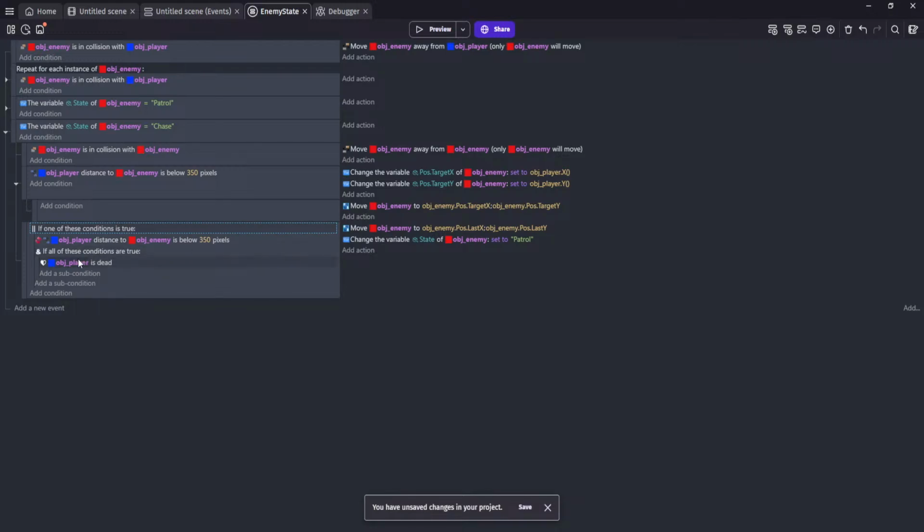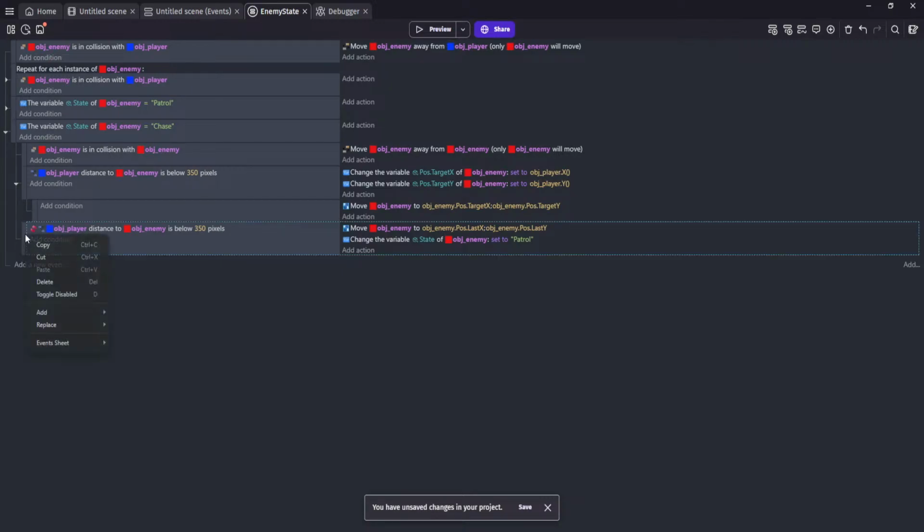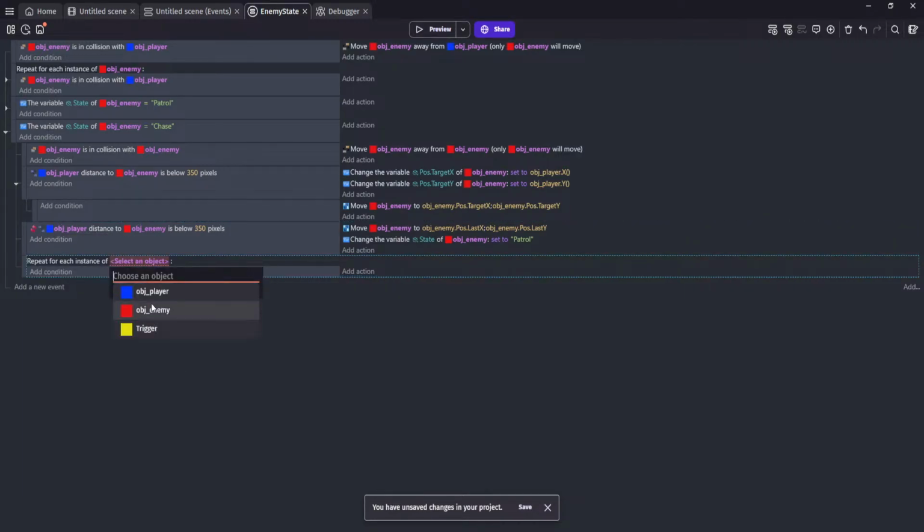If this is true and all of these are true. No, that's not quite right. Hold on, give me a second. My brain having a moment. Because I could simply, I might need a for each because we're now targeting multiple values. Anytime there's a number involved, if I remember right, we need to do a for each instance. I think that would fix that issue in my head on a topical level. For each instance of enemy, not this. So for each instance of enemy,